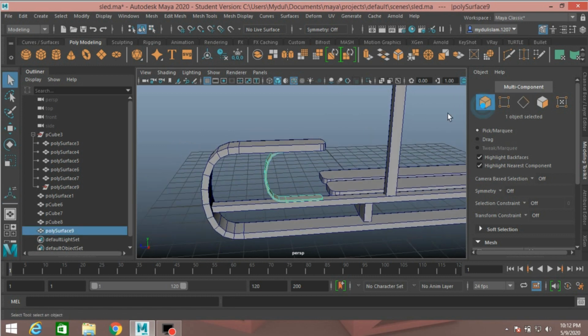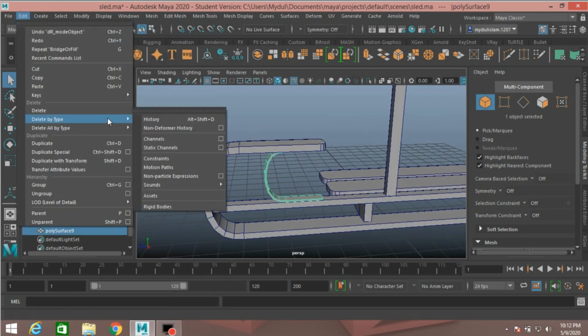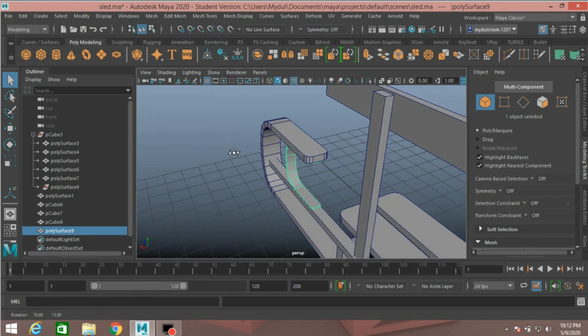Now again go to object mode, edit, delete by type, delete history.